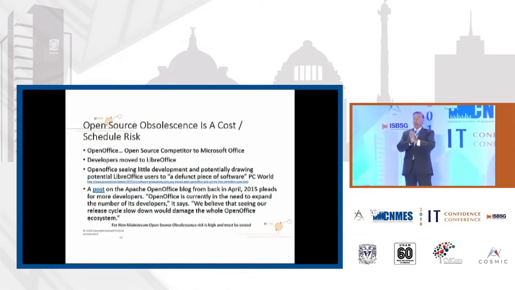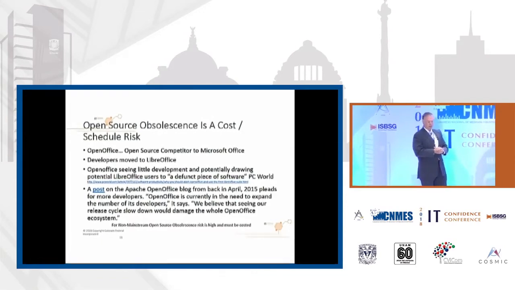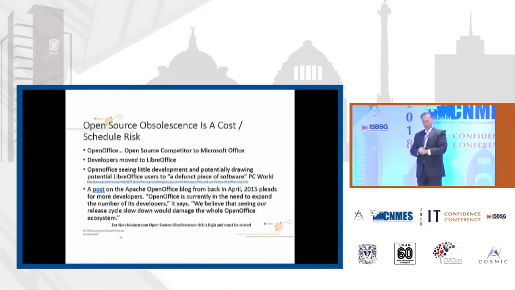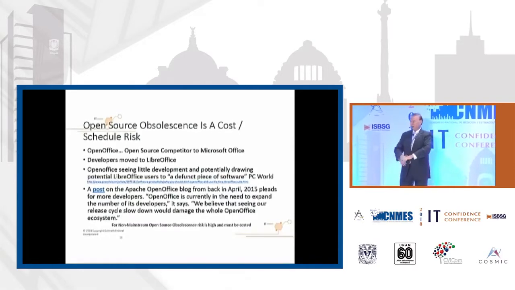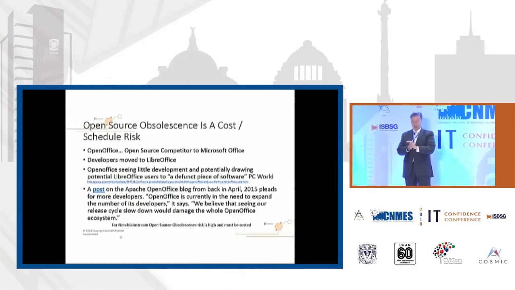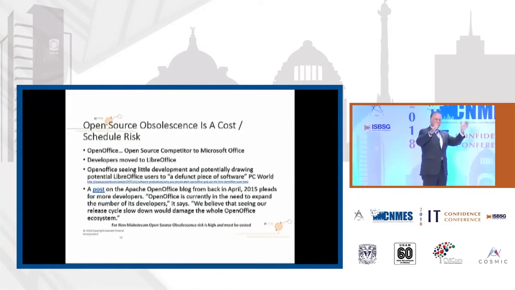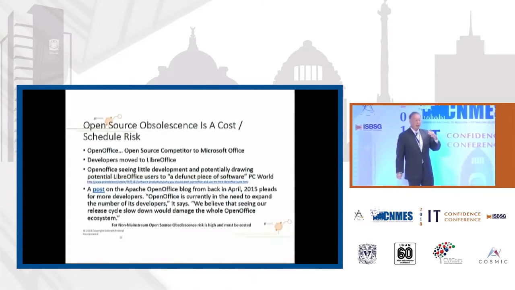All right. So all kinds of politics happened, and the developers said, we're not going to work on OpenOffice anymore. I believe OpenOffice was at some point acquired by Sun Microsystems, and then Oracle. And so developers said, we're not doing it anymore. We're going to move to LibreOffice. And they did another version of Office. Well, anybody stuck on OpenOffice was out of luck. And this happens with OpenOffice, no big deal. You buy Microsoft Office or you can use other things.